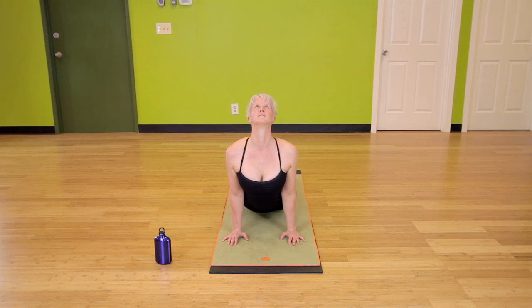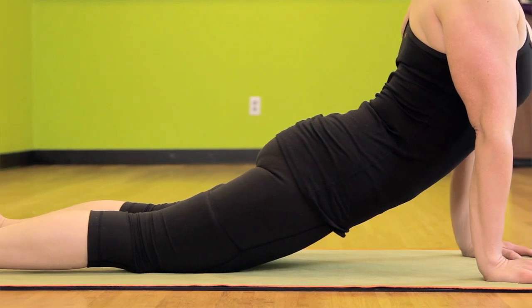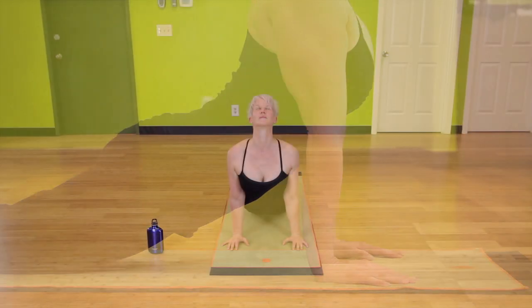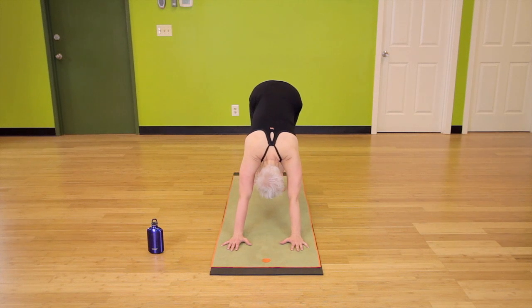Shoulders are down and back. Belly is soft. Glutes are squeezed. Soles of the feet face the sky. Suck the tummy in, curl the toes under, right back into downward dog and pedal it out as we prepare